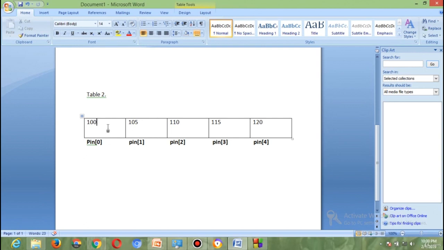So in the first element, which is pin[0], what we have in that storage area is 100, and then over here we have a storage location of 105, and then we have 110, then 115, and 120 in the last element, which is pin[4]. Okay, so over here we can see that